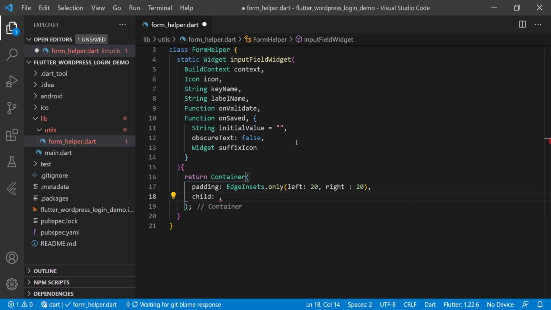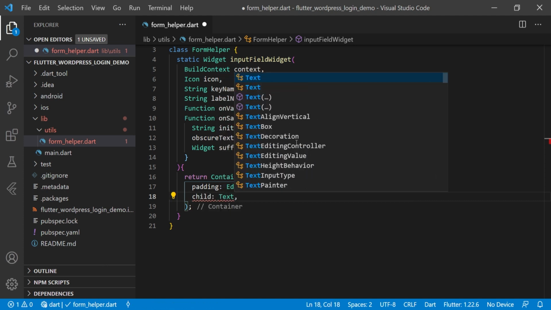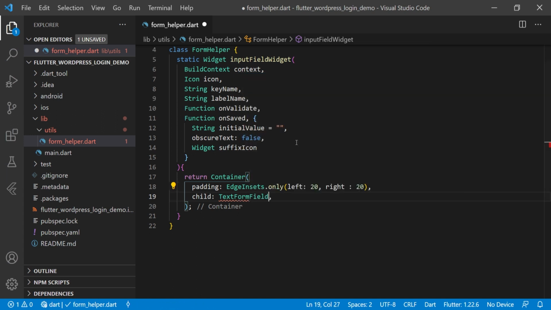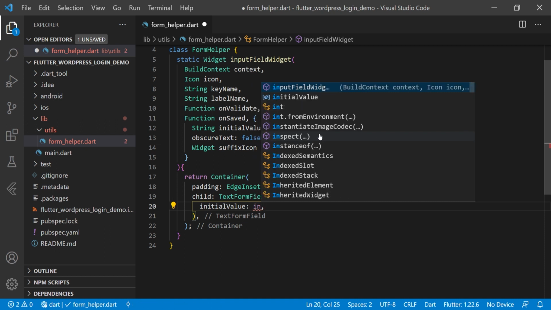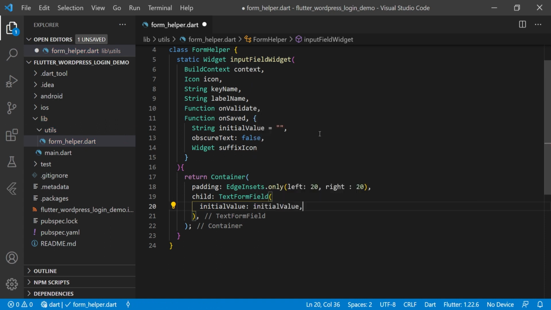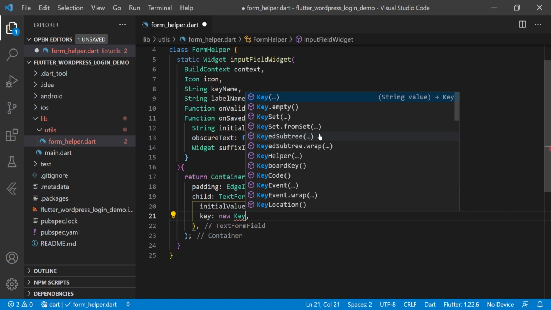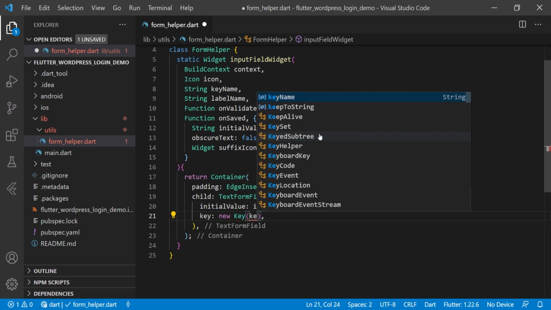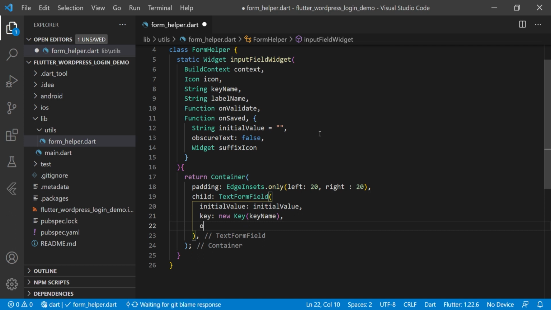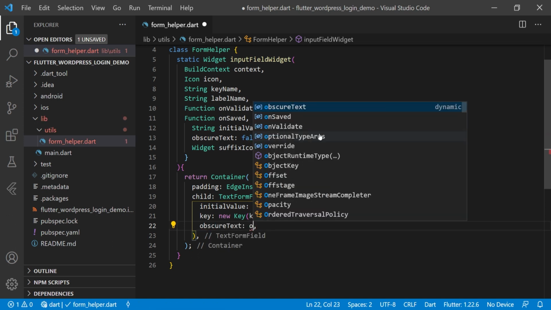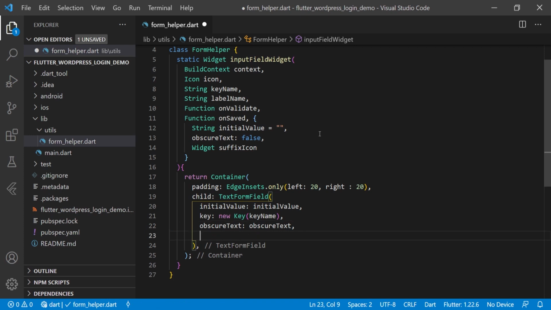And then we have the child here, and for the child we have to create the TextFormField, and here we will map the variables with the parameters. First one is the initial value, and we will map it with the initial value from our parameter. And then we have the key here, and key also we are mapping with the key name. Then we have the obscure text, and we are passing here that parameter. And then we have the validator here,